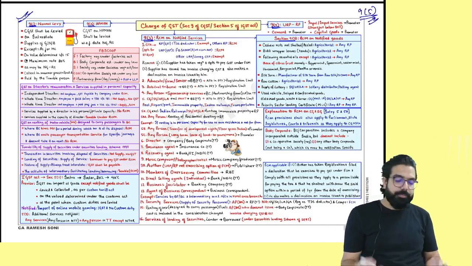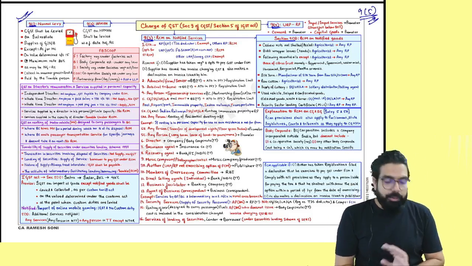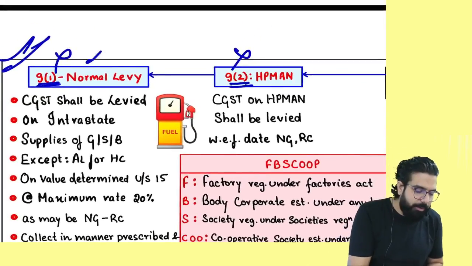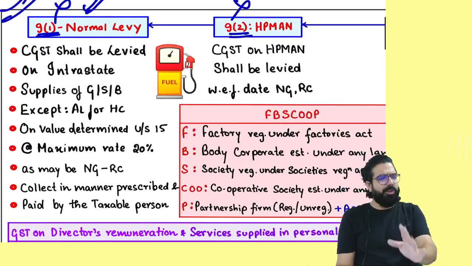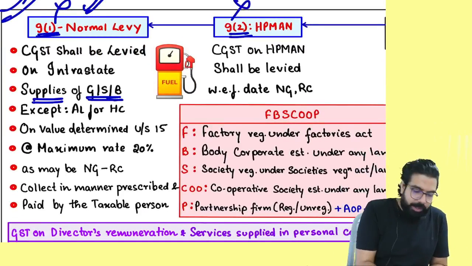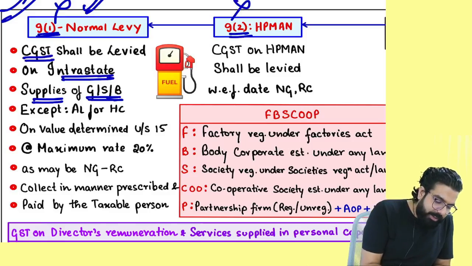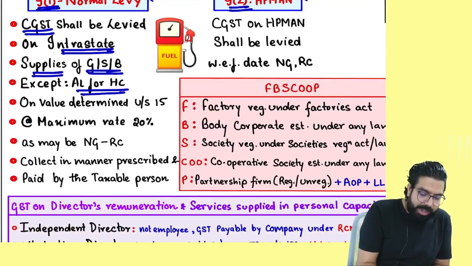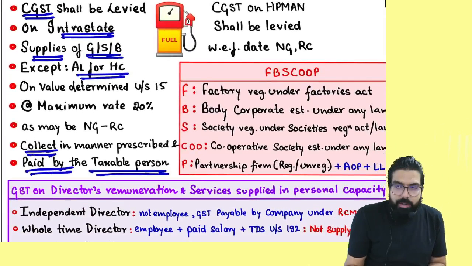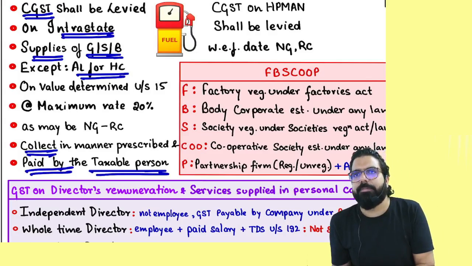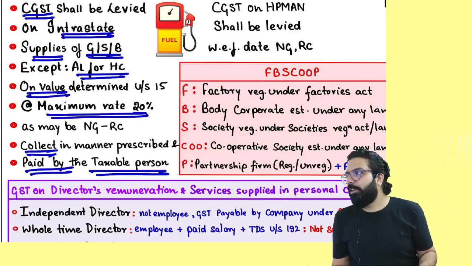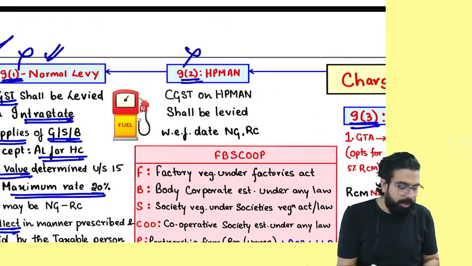Everyone over here now. Listen. Section number 9.1 and 9.2 you just read at home. Nothing very important from my point of view. Section number 9.1 says what? Whenever goods, services or both will be supplied, intrastate, what will be charged? CGST. And this GST will not come on alcoholic liquor for human consumption. It has to be collected and paid by whom? Taxable person. How will you collect and pay? Value multiplied by the rate of tax. That is told by whom, everyone? Section number 9.1.